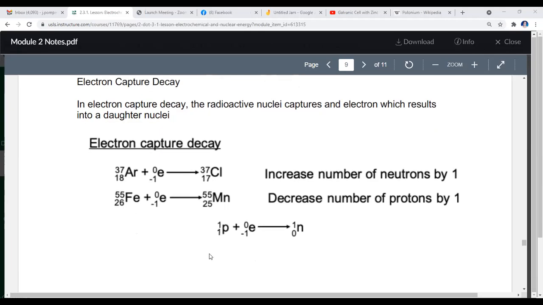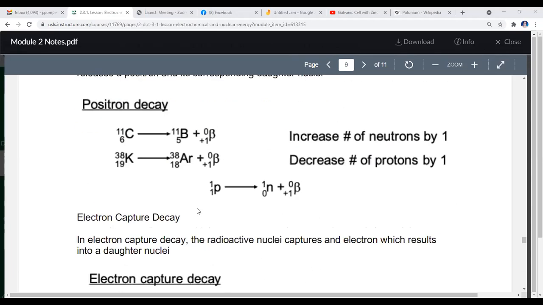And you have the corresponding general equation for an electron capture. This is your proton, this is your electron, and you produce a neutron in the process. This one is a proton undergoing positron decay, producing the positron particle and your neutron. Okay, now